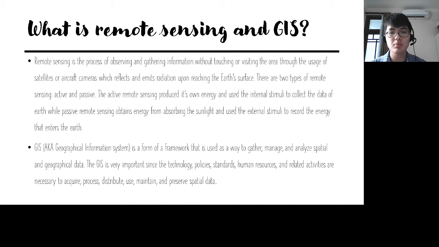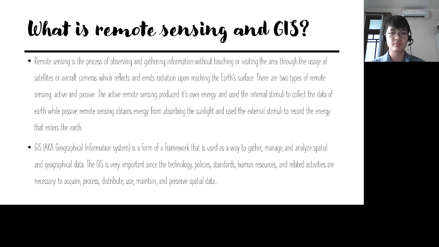First of all, what is remote sensing and GIS? Remote sensing is the process of observing and gathering information without touching or visiting the area through the usage of satellites or aircraft cameras, which reflects and emits radiation upon reaching the Earth's surface. There are two types of remote sensing, active and passive. The active remote sensing produces its own energy and uses the internal stimuli to collect the data of Earth, while passive remote sensing obtains energy from absorbing the sunlight and uses the external stimuli to record the energy that enters